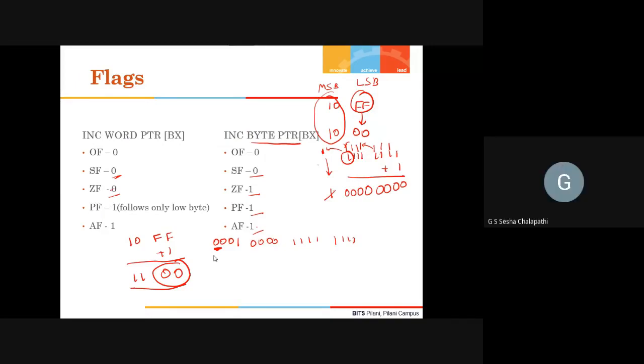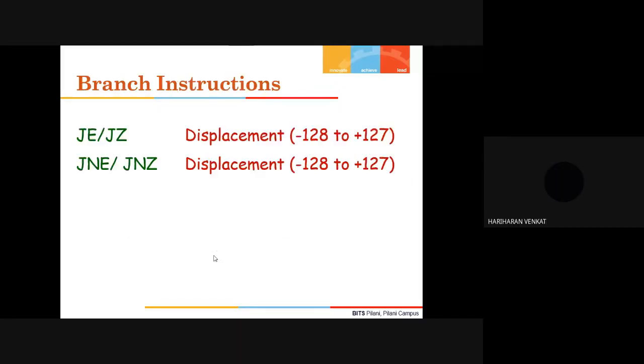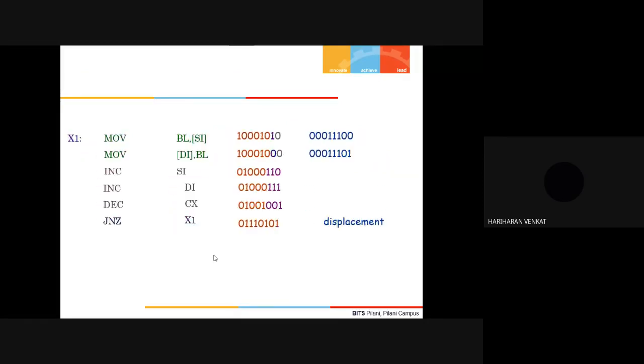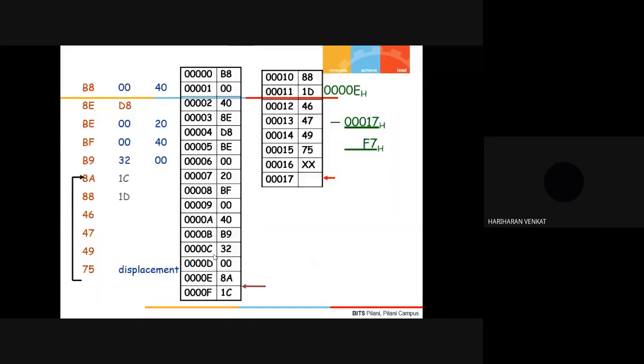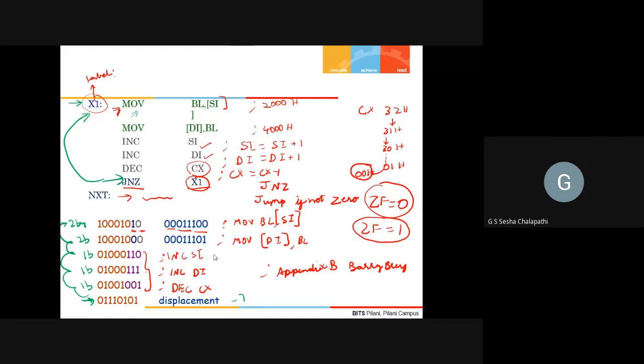Sir, when you were coding this move of 50 data, one part started with x1 and then you wrote some code and then finally you wrote the jz x1, right? The machine code you are saying? No, sir, the assembly code only. I tried doing it on DOS, but it's not letting me put that x1 colon. In DOS, it will show an error when I try to put x1 colon.